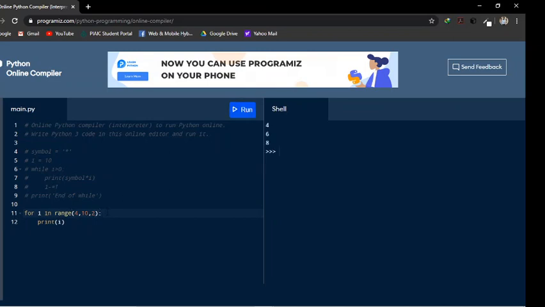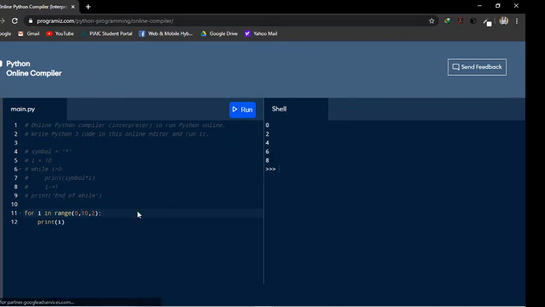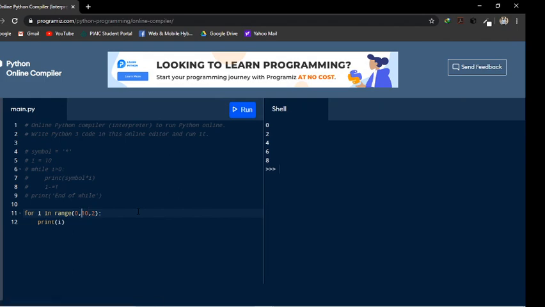So it's useful when you want even numbers. You will say 0, 10, 2, and it prints 0, 2, 4, 6, 8, all the even numbers. What if you want odd numbers? Just start from 1, and you will see all odd numbers: 1, 3, 5, 7, and 9.